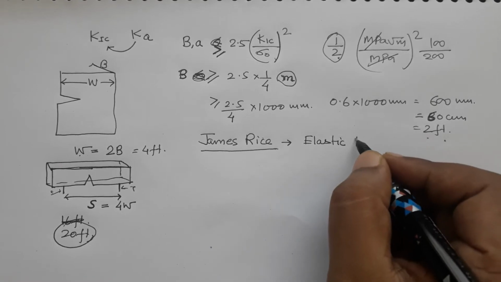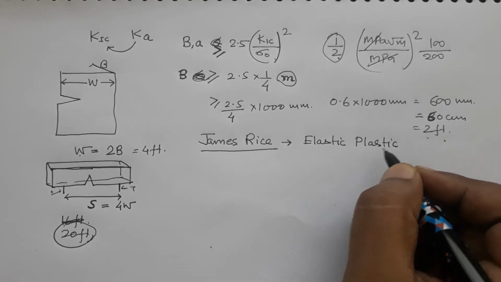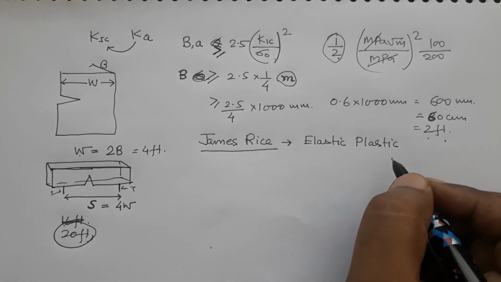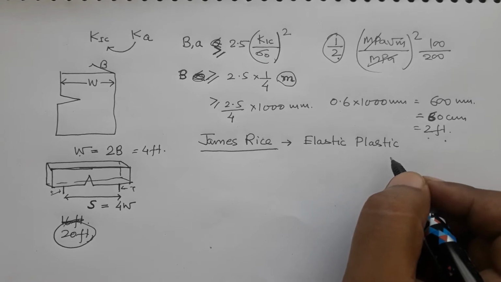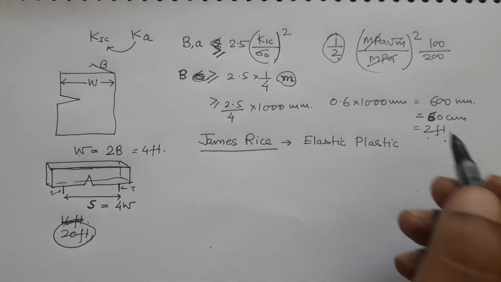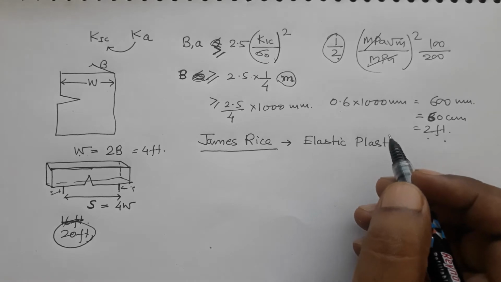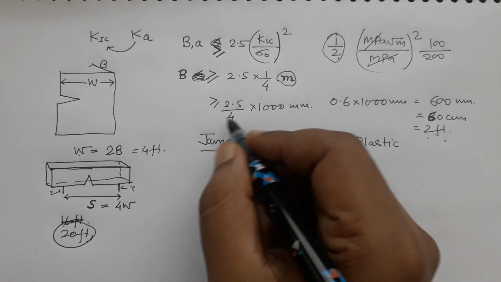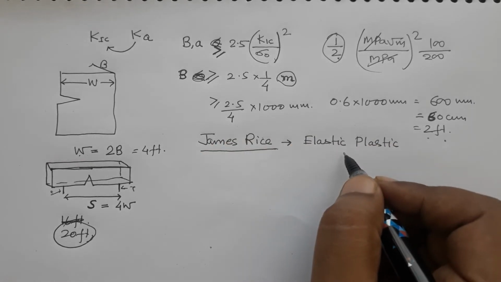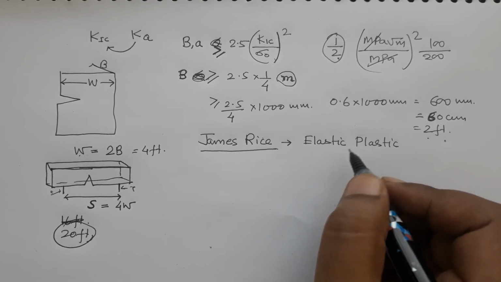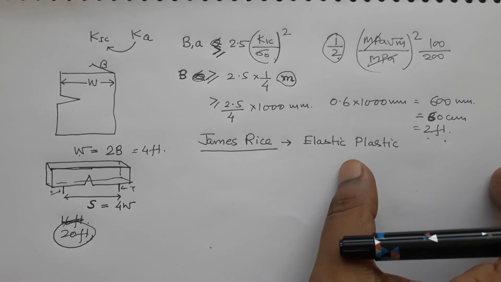This parameter is now used all over the world for fracture toughness measurement of ductile materials, also for polymers. Polymers are very ductile, they are anything but brittle. I mean, you can have brittle polymers, but usually polymers are ductile, and you can use this parameter given by James Rice also at high temperature, also in dynamic loading. So, this parameter has many applications in the field of fracture mechanics,